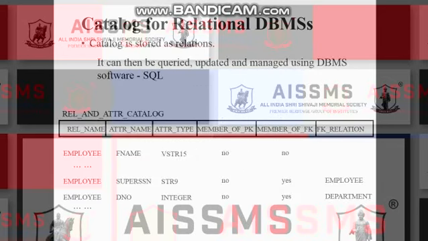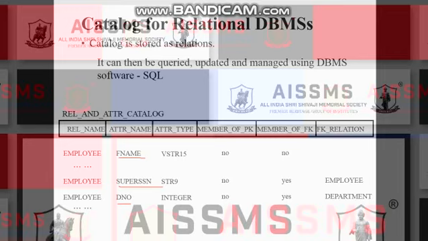So this is the example of the relation and attribute catalog. The relation is employee, and these are the attributes: the first name of the employee, super SSN, the identification number, and some other attributes, along with the attribute type and member of primary key, which is no everywhere.